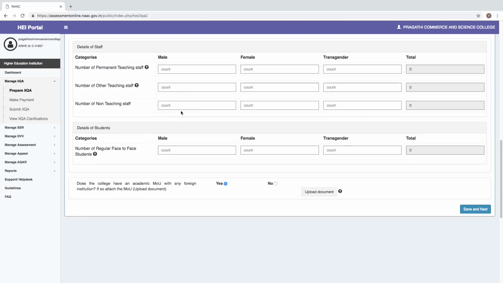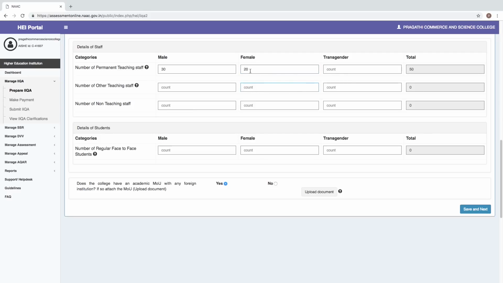After completing the program details, we move towards the details of staff members. Now, this talks about how many permanent teaching staff members, the number of other teaching staff members, and non-teaching staff members. All other teaching staff engaged by the institution, excluding permanent staff members, like ad hoc faculties, also. We would have 30 permanent male staff members and 20 female staff members.